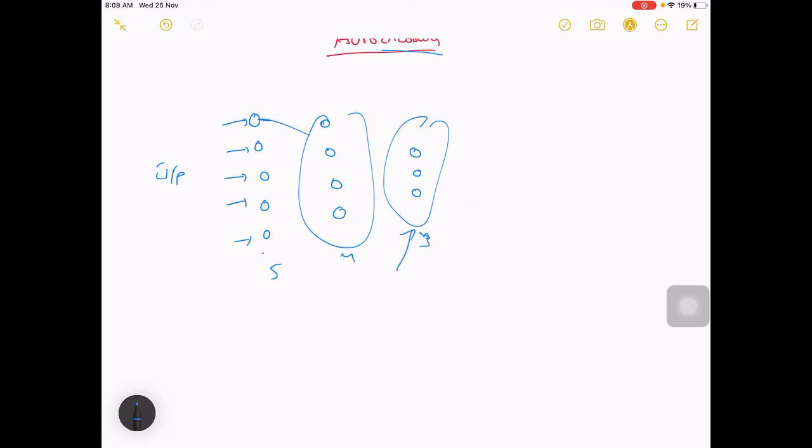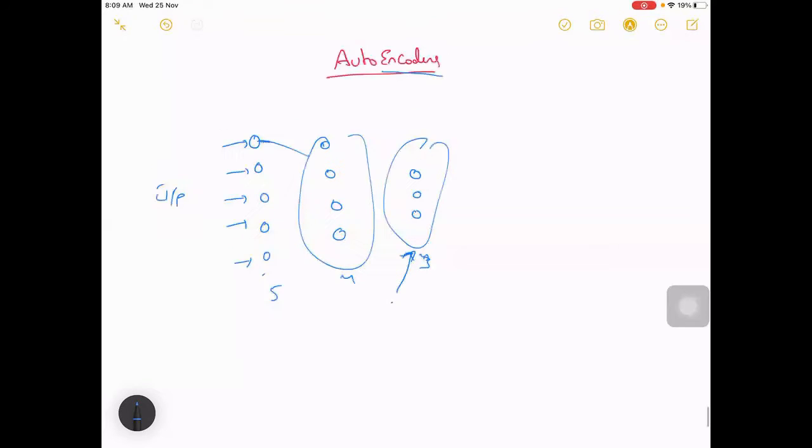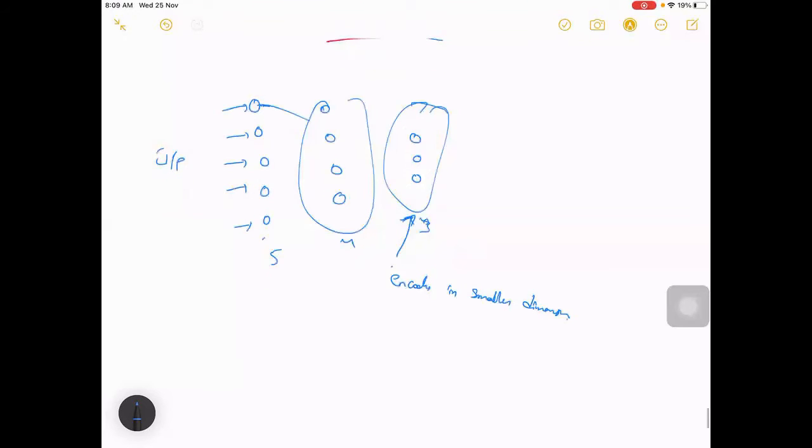Here the input is 5, and it is now represented in 3 dimensions. That is indirectly encoding. It is extracting some features, and those features are a kind of encoding in a smaller dimension.